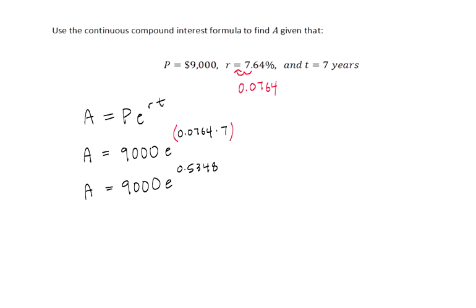Now, according to the order of operations, we need to calculate the exponent. So we're going to go ahead and calculate e to the power 0.5348. Using your calculator, when you do that exponent, you should get, well, I'm going to rewrite everything else here. A equals 9,000, and instead of e to the 0.5348, when you put that into your calculator, you should get